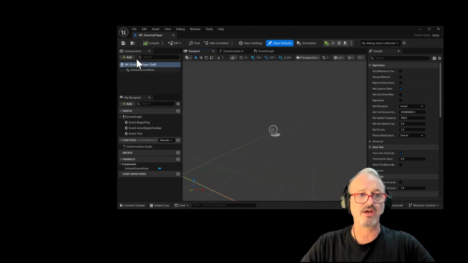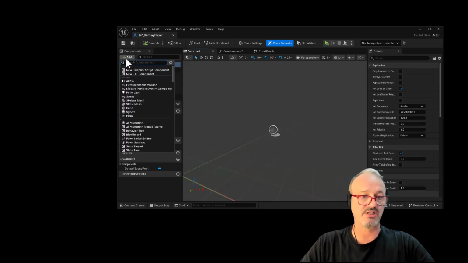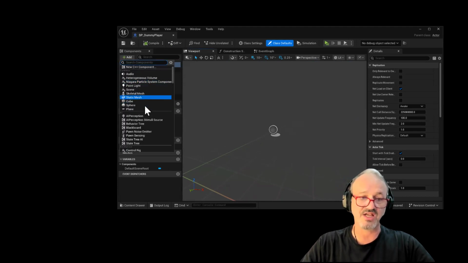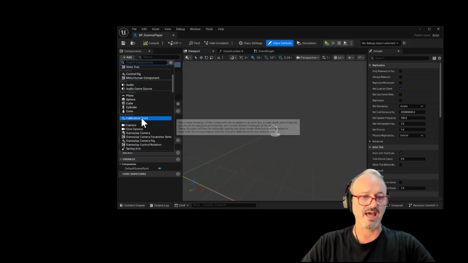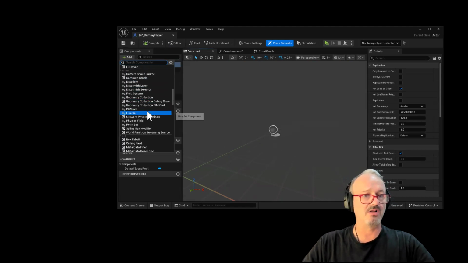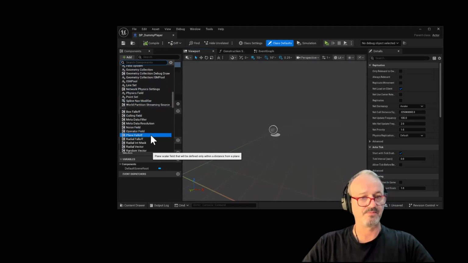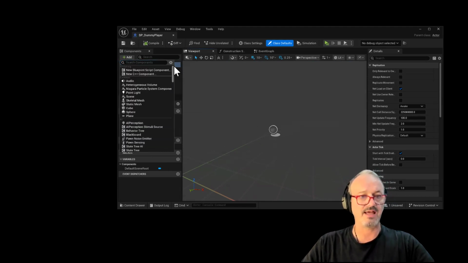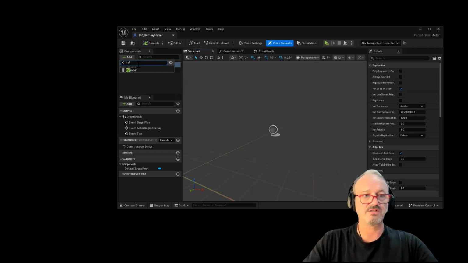Over here, you have a tab called Components, and these are all the things that you can add to your blueprint. So if you click here, you can see you can add shapes, you can add movement mechanics, you can add cameras, all different kinds of things here. And let's go ahead and add a cylinder. Okay, so type cylinder,